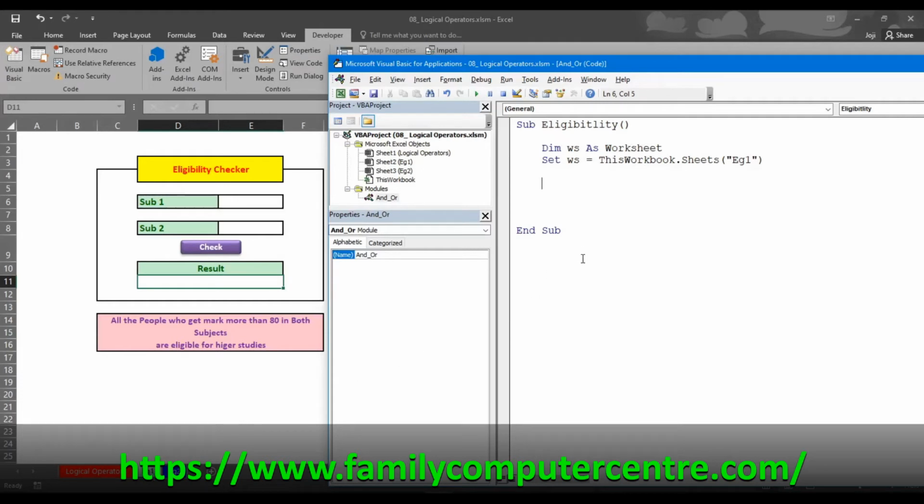Now I am saying, first we want to check the subject 1 mark, so I'm saying if ws.Range of subject 1, which is in E6, greater than 80, or greater than or equal to 80. So this is my first condition. And I want to combine one more condition for subject 2. So here I'm going to use the And operator, and ws.Range of E8, that's the subject 2 box, greater than or equal to 80. Then